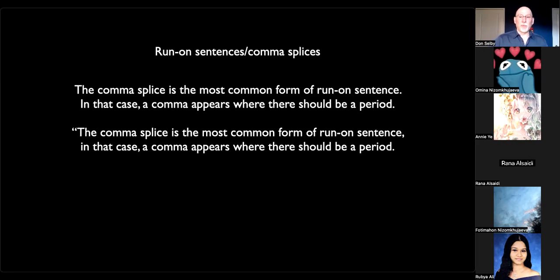We can take an example here. The comma splice is the most common form of run-on sentence. In that case, a comma appears where there should be a period. So you can see in the example, which should have the end of a quotation mark at the end of it,